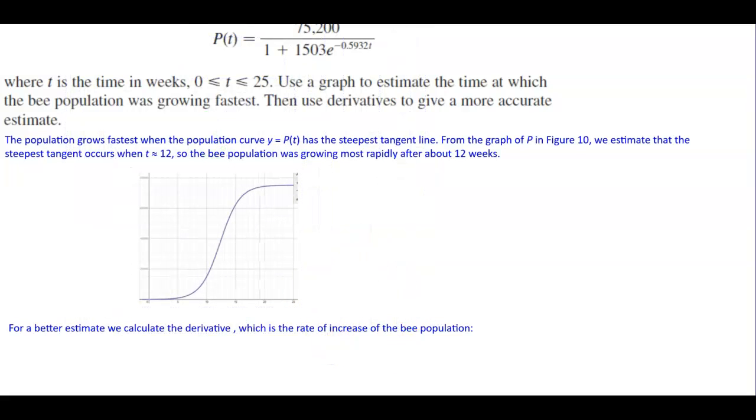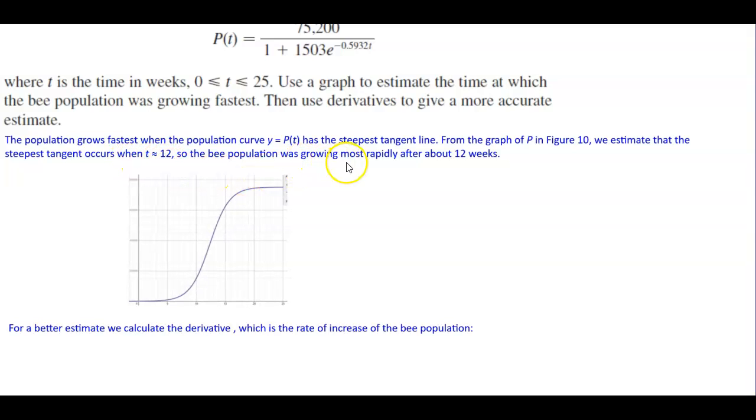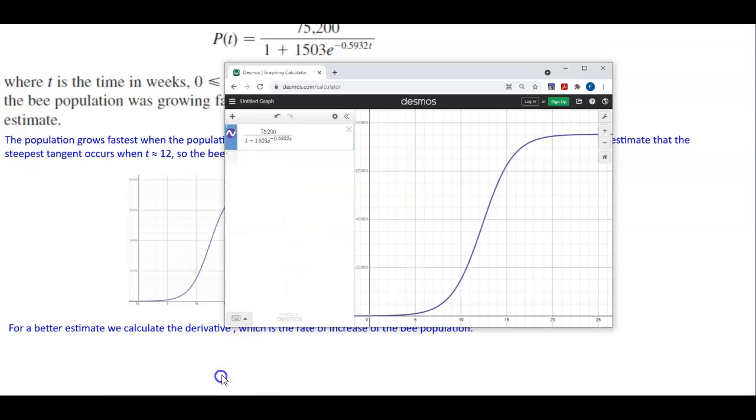Okay, so here's our graph, and it's saying here that from the graph of p in this figure, we can estimate that the steepest tangent occurs when t is approximately 12. So the bee population was growing most rapidly after about 12 weeks. So let's take a look at that. Okay, so when t is equal to 12,